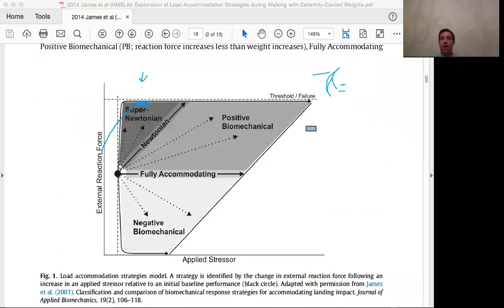So now we know that humans don't really behave like a predictive model. And what happens is structures and materials that aren't human in nature, can't manipulate their body, are pretty much following this Newtonian model, depending on if there's heat and if the material properties change a little bit. But for the most part, they're going to follow this Newtonian model. Okay? So we just talked about fully accommodating, and that's when